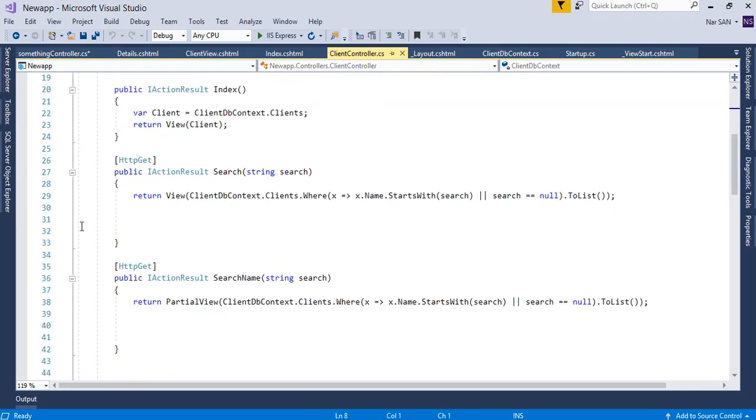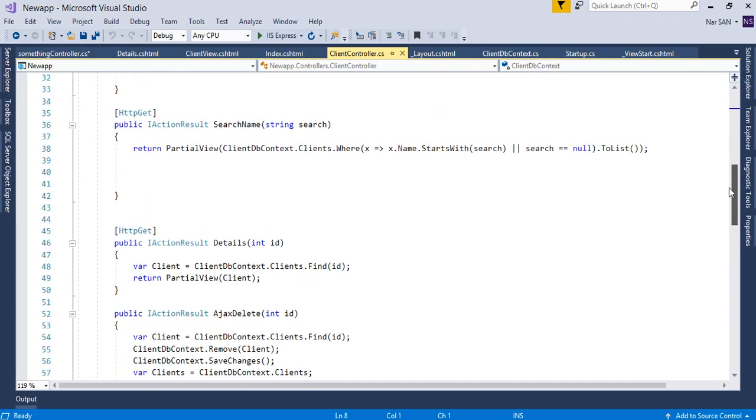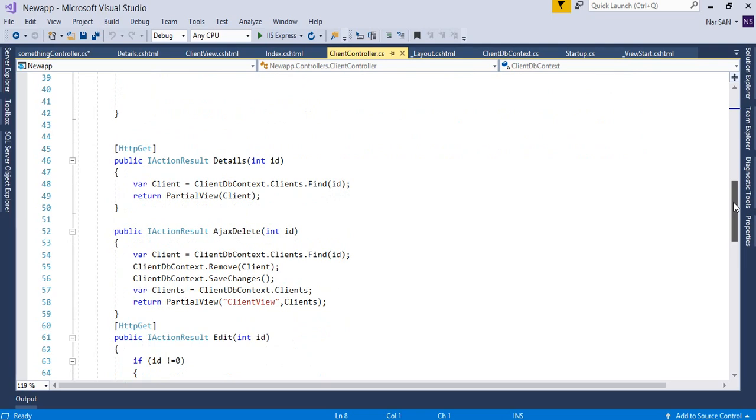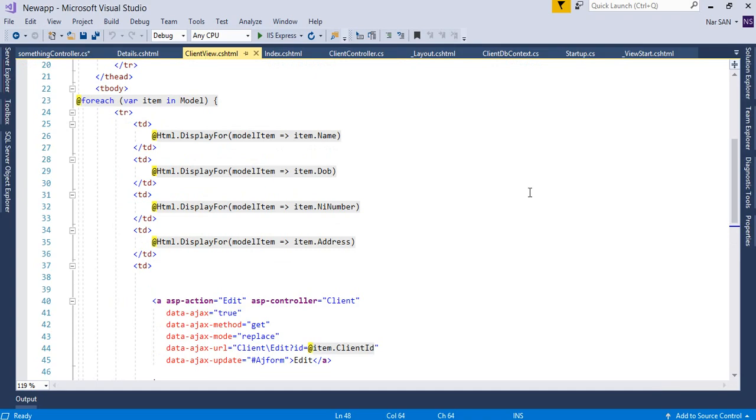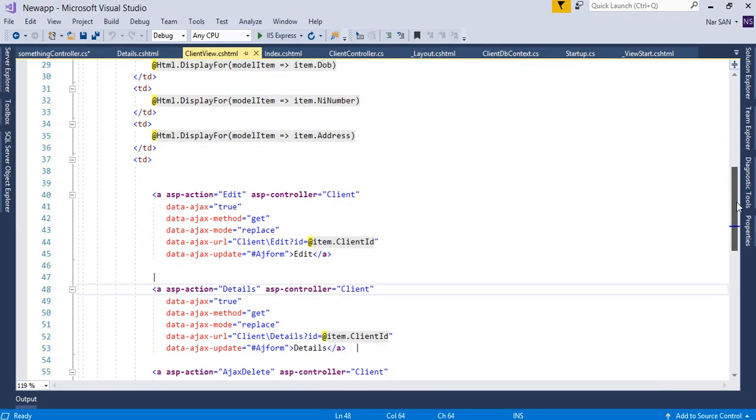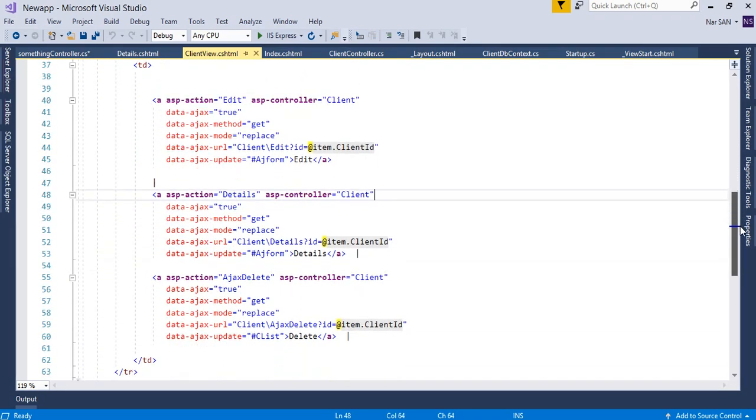In the controller, I have to say CRUD operation first. So start here anyway. This is the details page. Okay, so what I have done is I have created a variable client, and in the details we need to pass the ID from the index page here. So this is the JavaScript page of